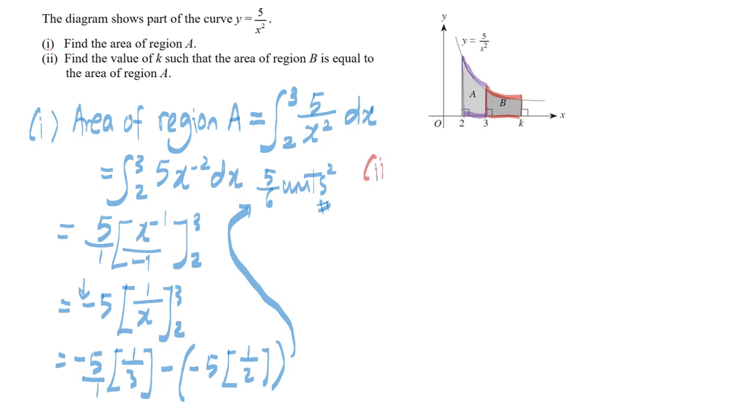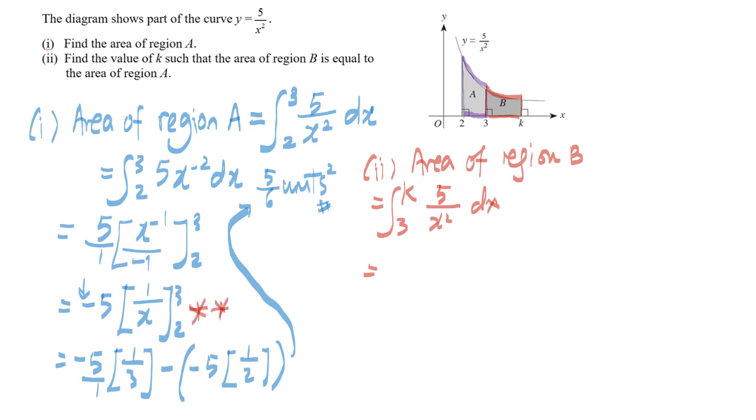So for part 2, area of region B will be equals, you have to integrate from 3 to k. The same curve, we're talking about the same curve. So we've already done all the groundwork at part 1, right? So all we need to do is just to take the one that I put the 2 asterisk there. So that will give us negative 5, 1 over x, and we sub in the limits k and 3. So that is negative 5, 1 over k, minus bracket negative 5,